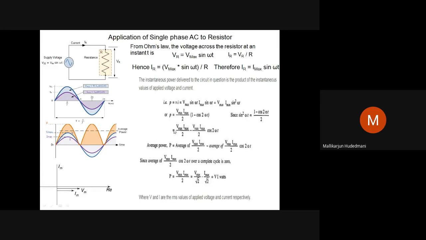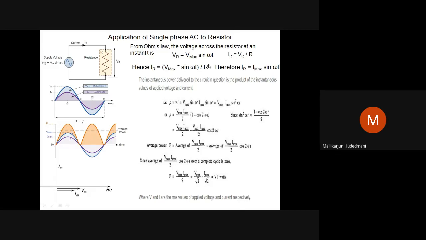So, in this short derivation, when I know the applied voltage and I get the current IR through the resistor, using those equations, what is the instantaneous power? What is the total average power over a cycle? If I summarize, the term leads me to Vm Im by 2, and on rearrangement, Vm by root 2, Im by root 2 as Vrms, Irms. So this is the power consumed. So we got wave voltage, wave current and wave power. I have achieved all the parameters.